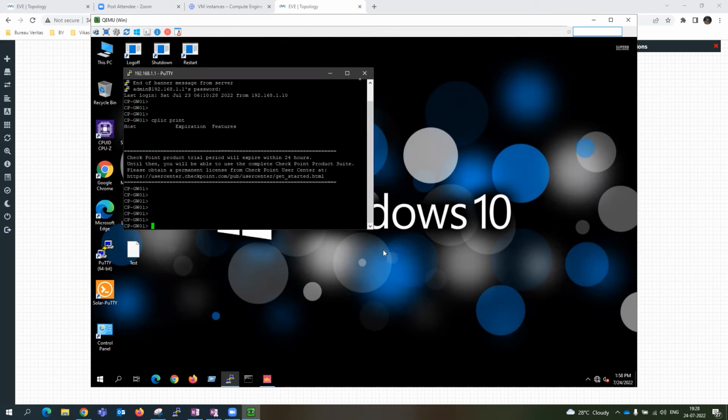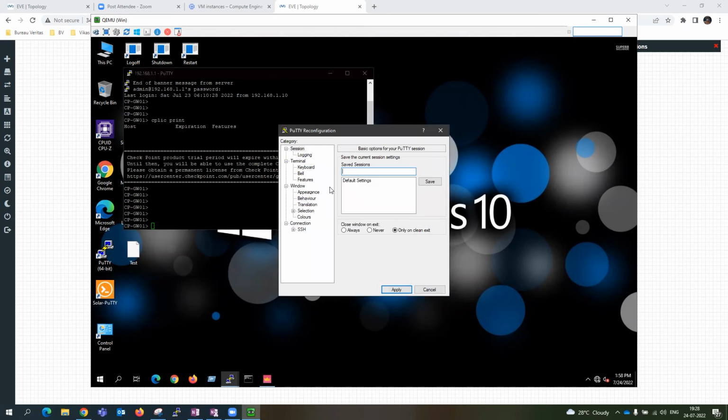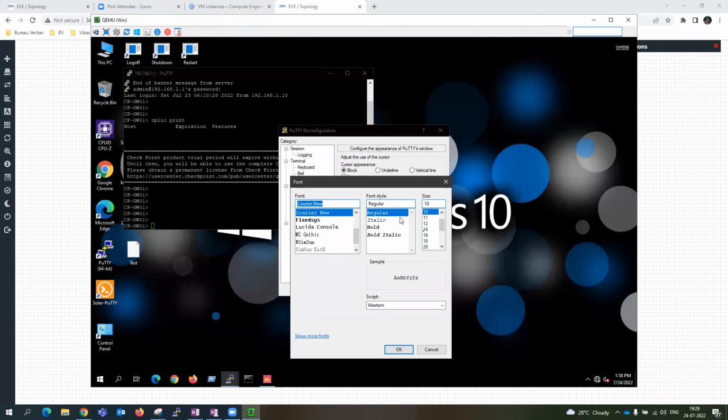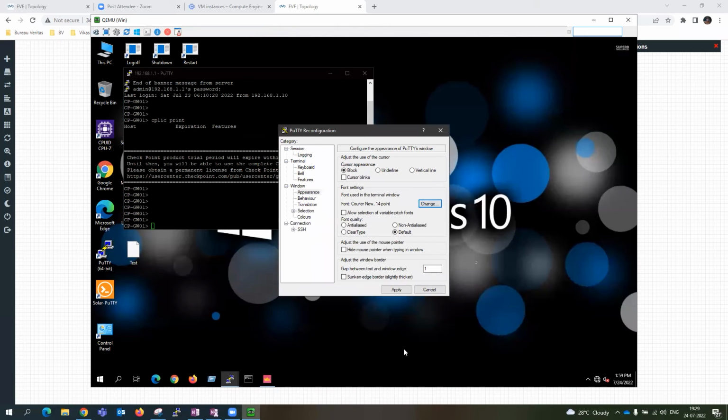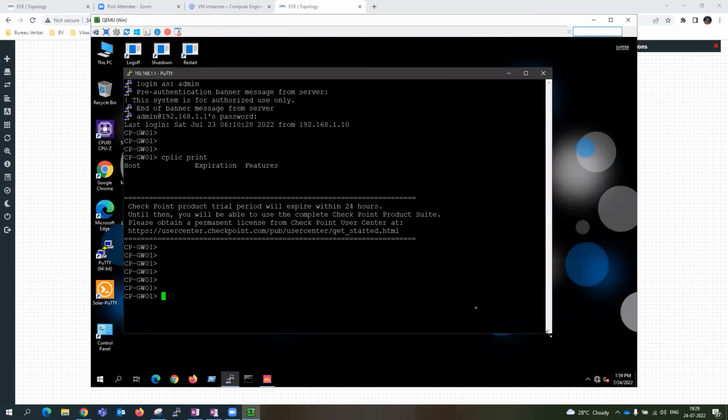Okay, so let me just increase the size. Change settings, appearance, change, 14, apply. I hope this is visible to everyone now, right? So the first thing through which you can check your SecureXL, that is